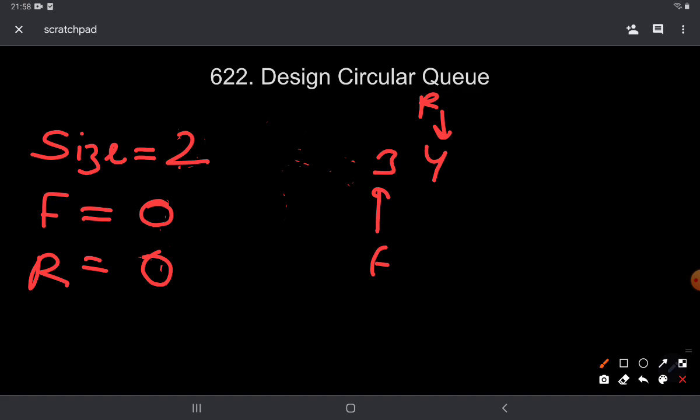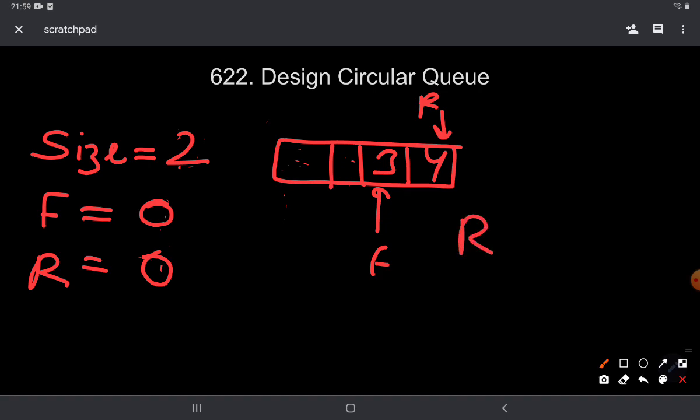Now let's say my maximum permitted size of the queue was 4 only, and I have to add one more item. I have reached the last index of this array, so I cannot move my rear pointer forward. So what I would do is take a modulus with the size of the array.